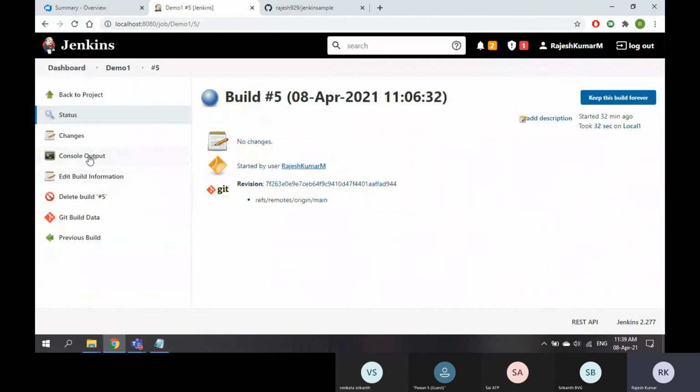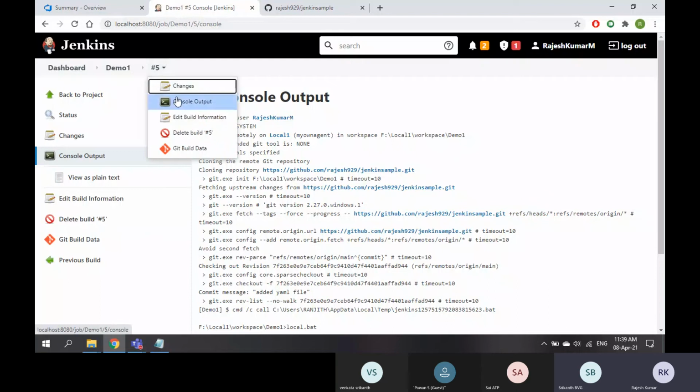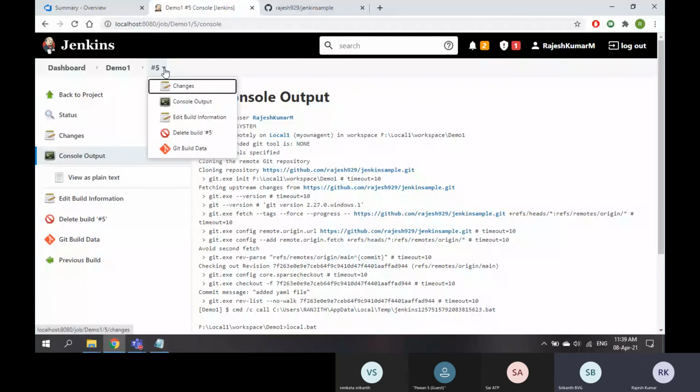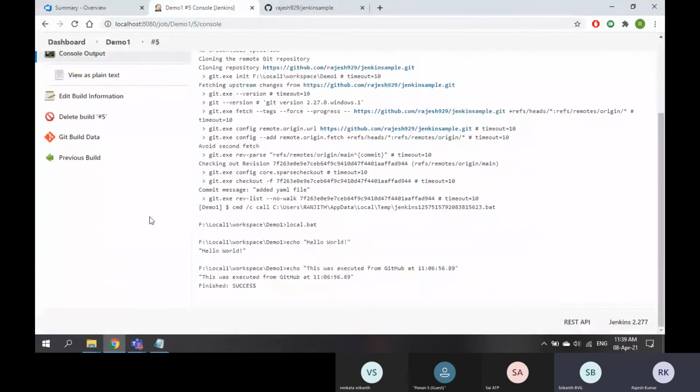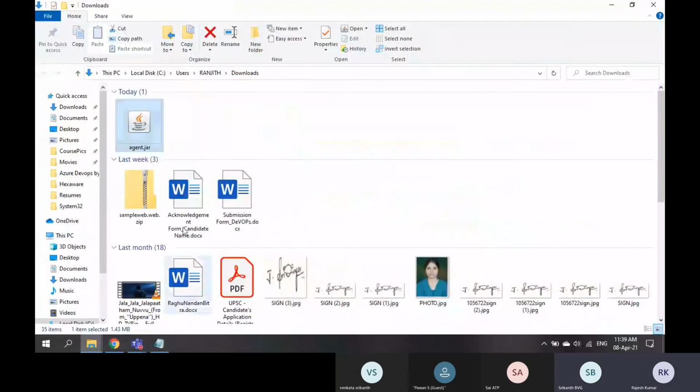In the console output, I will have a folder. Okay, I will go to a previous build. Here, this is the folder, right?